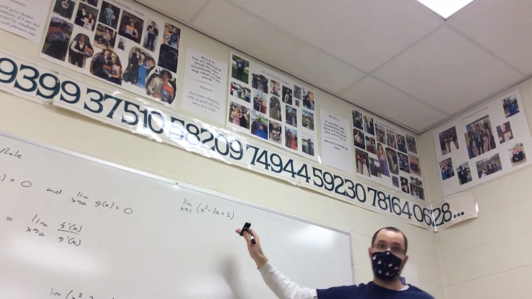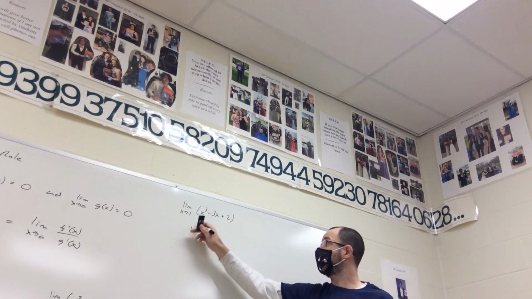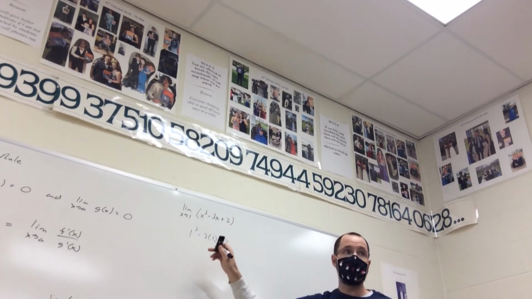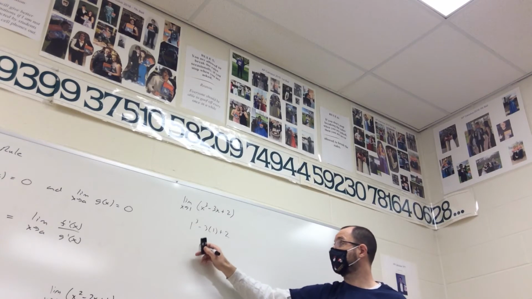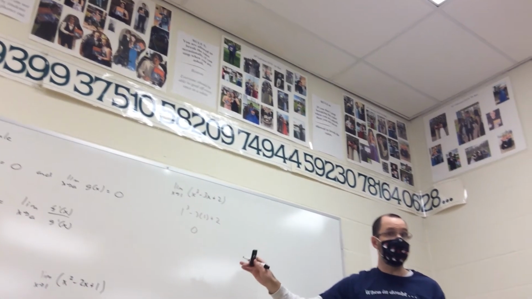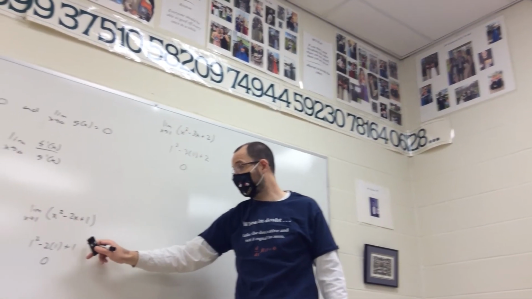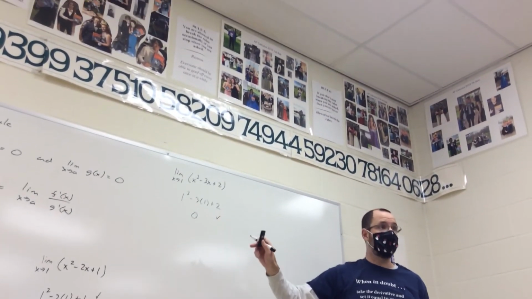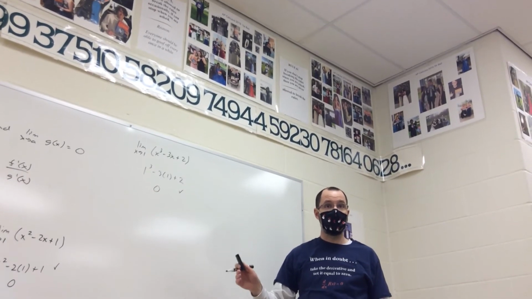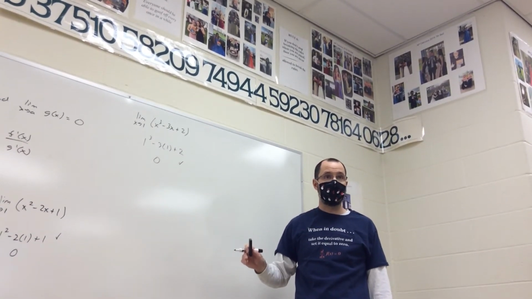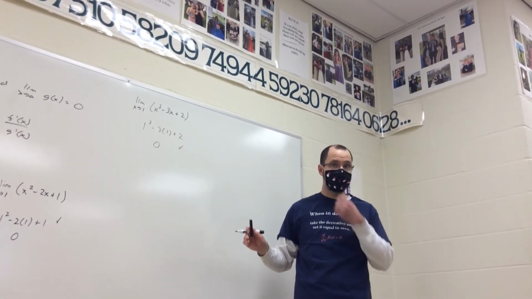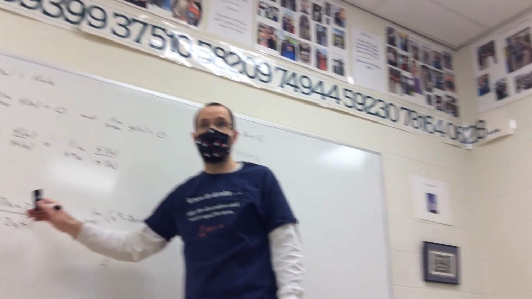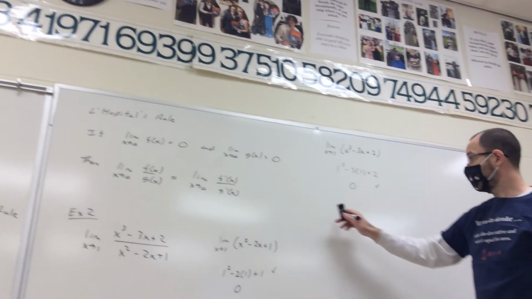And you can do a bunch of limit laws on that. And that comes out to 0. Okay, so this is good news. The limit of just the bottom's coming out to 0, and the limit of just the top is coming out to 0. So that means we can use our new method called L'Hopital's rule. So that means instead of calculating this limit, we can calculate this limit,